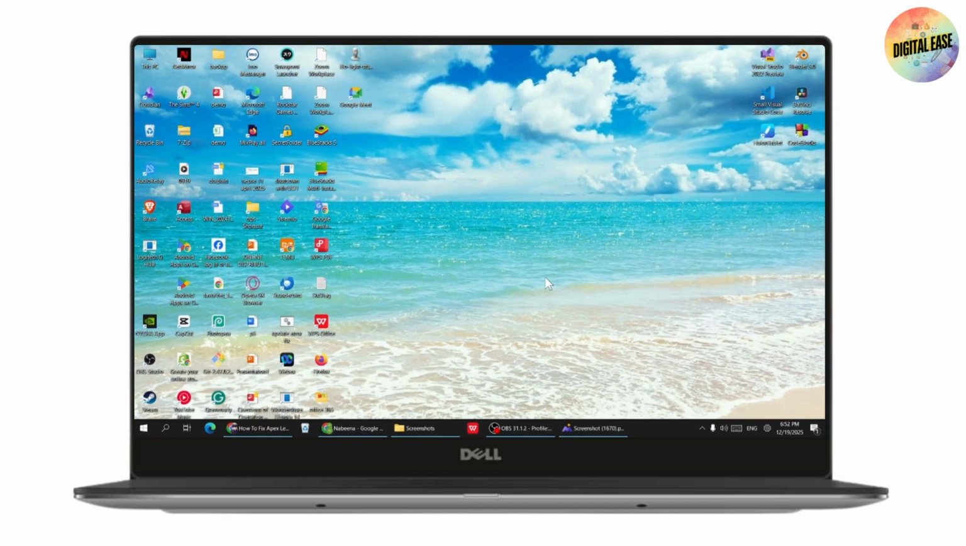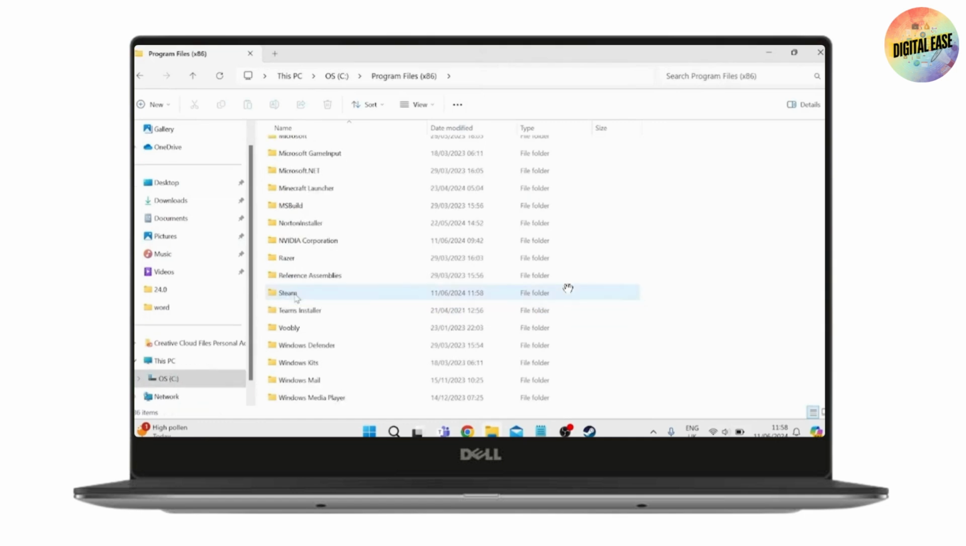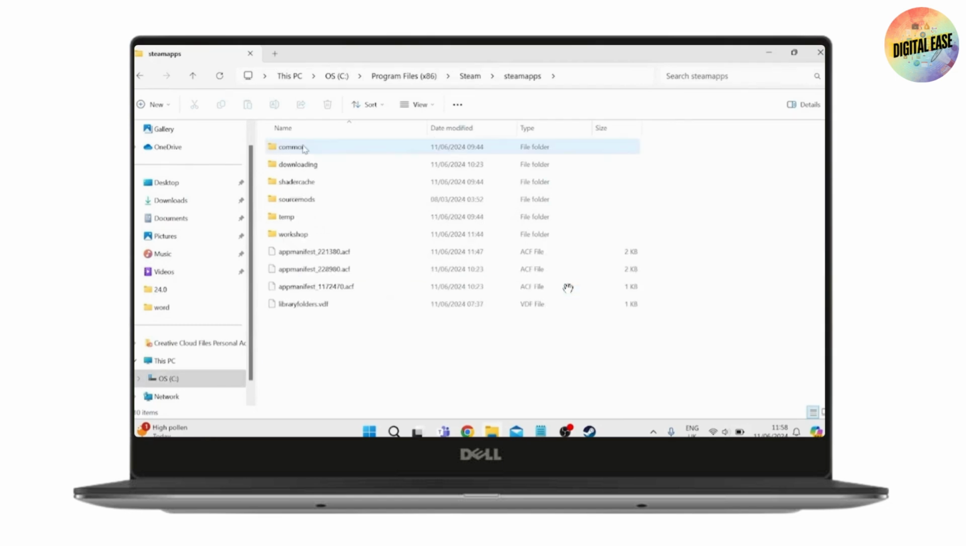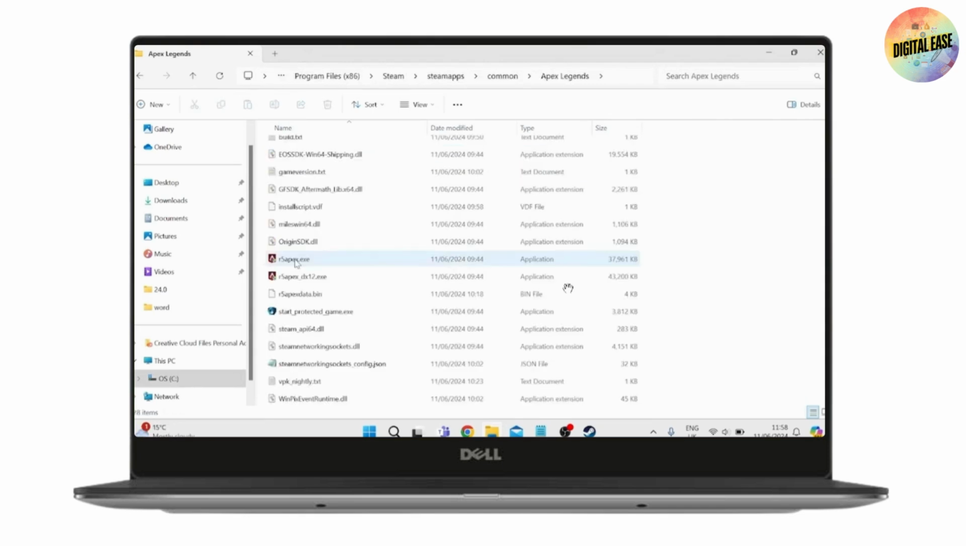The first thing we need to do is come over to our File Explorer and head over to the C drive. Inside of it, you need to go with Program Files x86 and then scroll all the way down to the Steam folder and then go with steamapps. Under steamapps, you will have the common option. You need to go with the common folder and then go with Apex Legends,